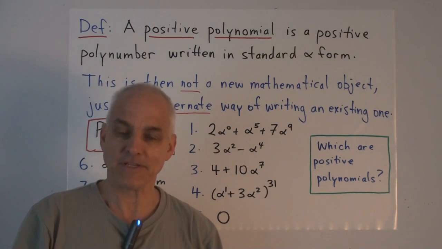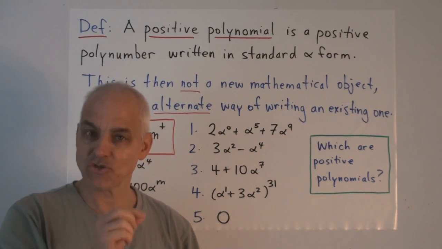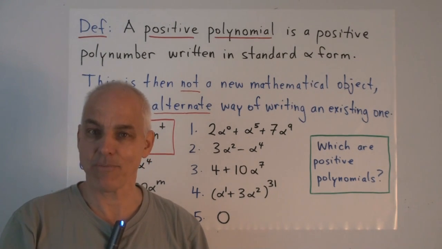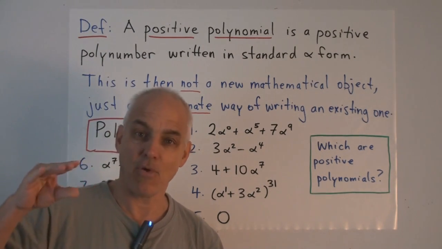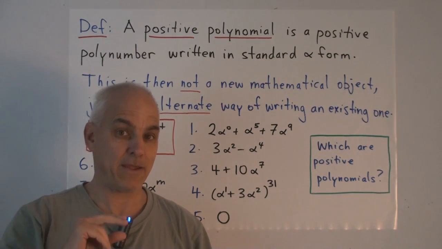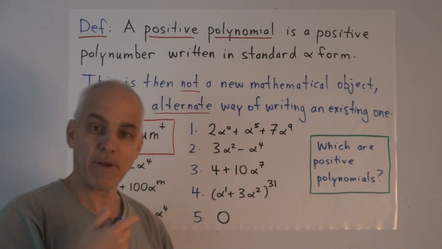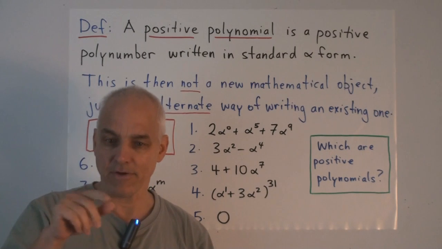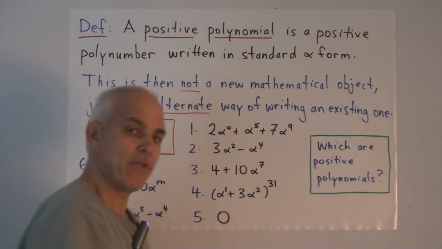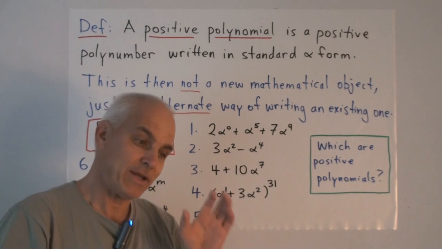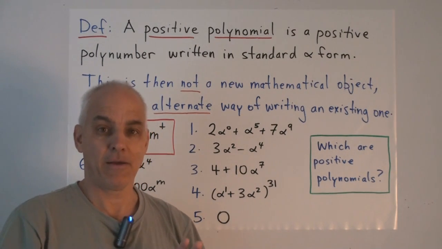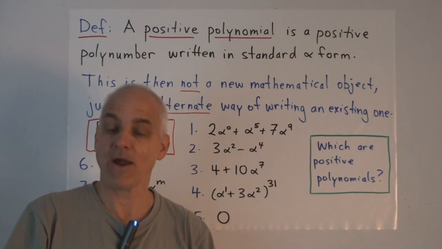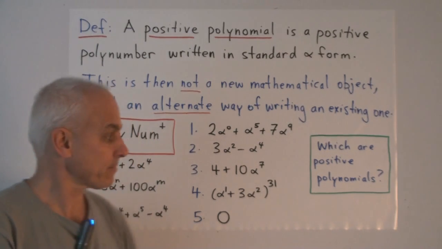When we started off this series, we defined natural numbers as a string of ones. I hope you remember. That was the definition of what a natural number was. But then, at some point, we changed in practice to writing a natural number not as a string of ones, but in terms of the Hindu-Arabic system. So now when we write a natural number like 345, we're not writing a whole bunch of ones, we're just writing 3, 4, 5. But really, it's the same mathematical object, just written in a new way. It's convenient in mathematics to have alternate ways of writing sometimes the same mathematical object.